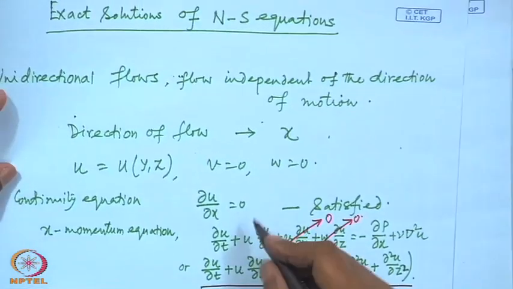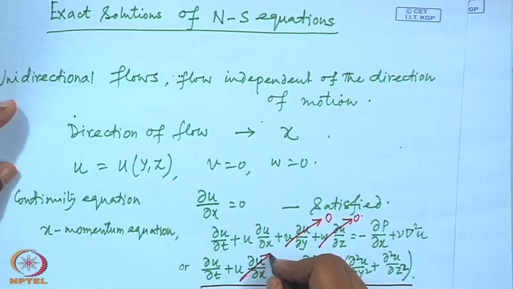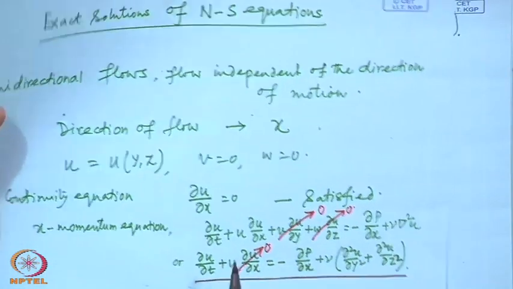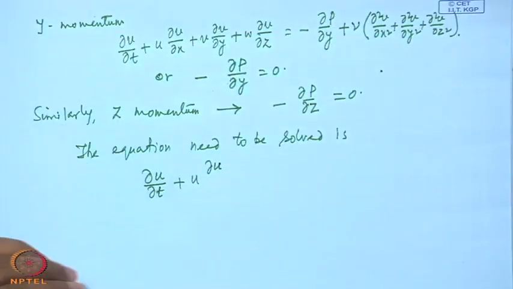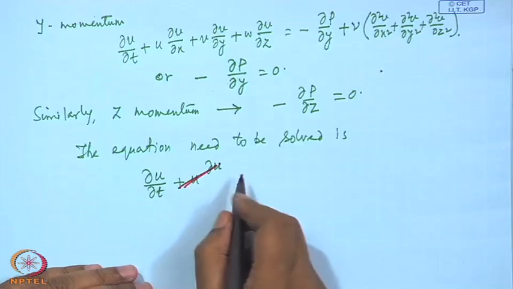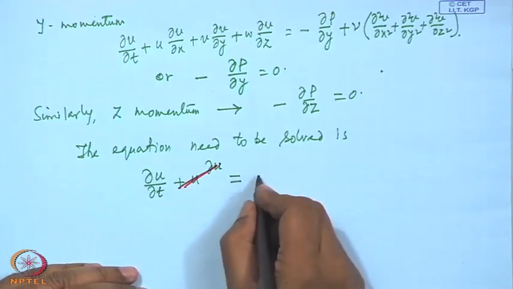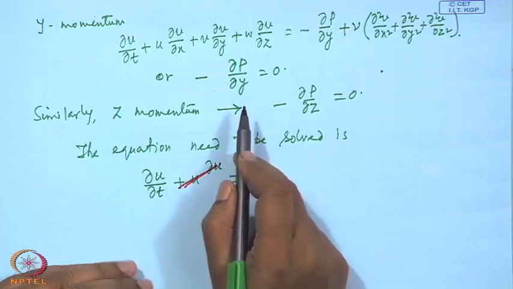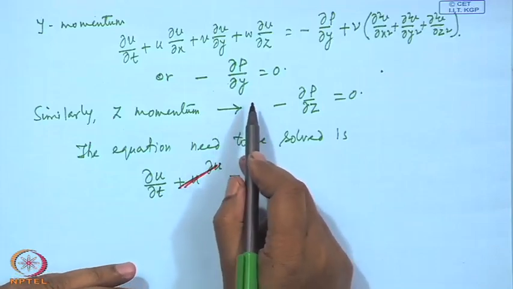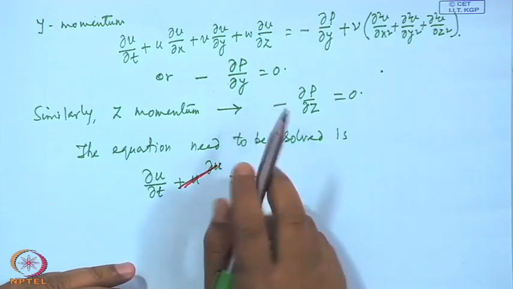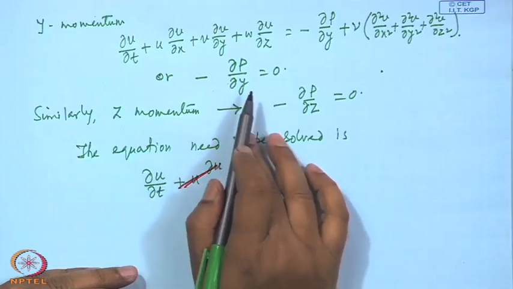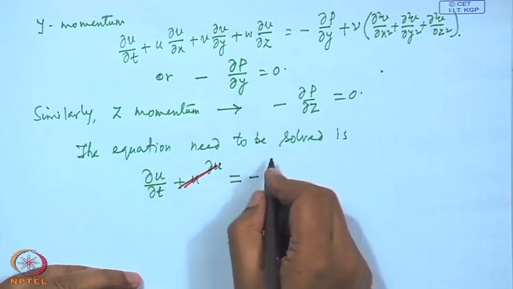So, sorry, this I have not written 0, du dx is 0. So, this is also 0. So, this term is not there. Since pressure is now a function of x and t only, pressure is not a function of y and z, we will write it